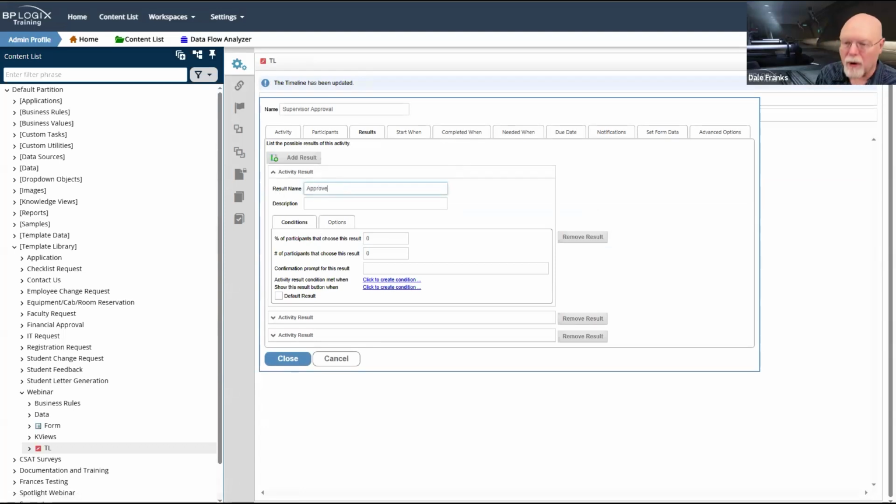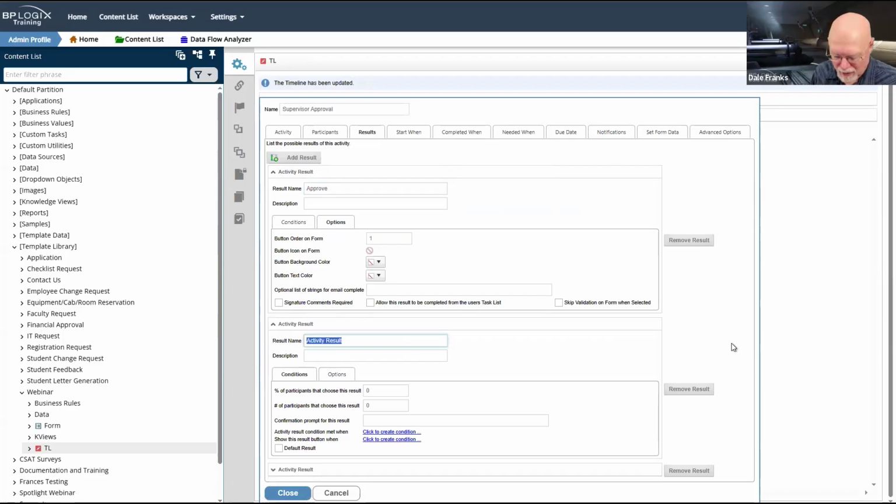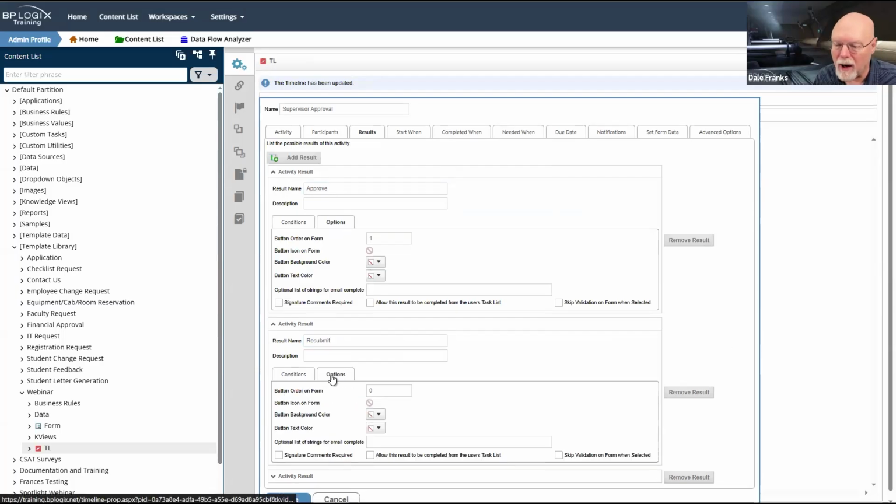So approve, and I'm not going to do a whole bunch of configuration on the results for colors and all of that stuff. Obviously, in the real world, you would, but in the interest of time, I'm just going to go with approve, resubmit, which will be option 2.